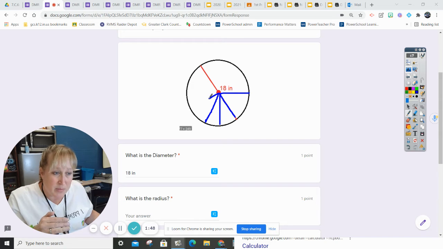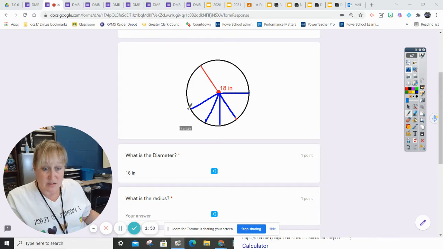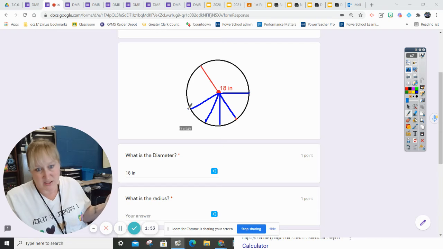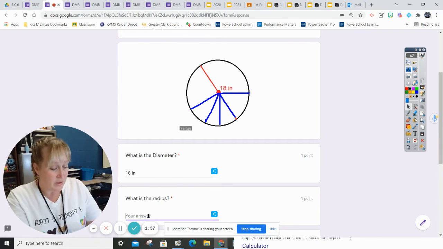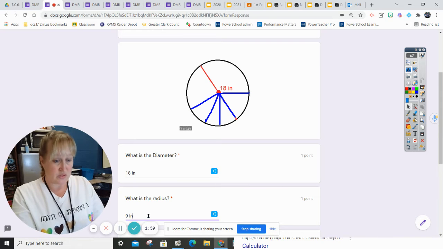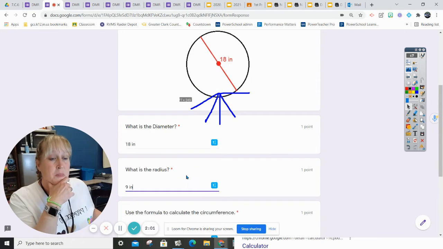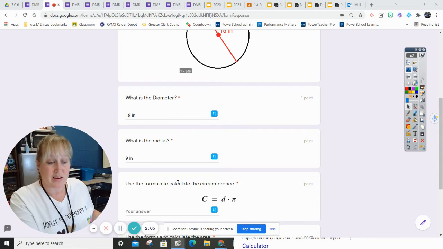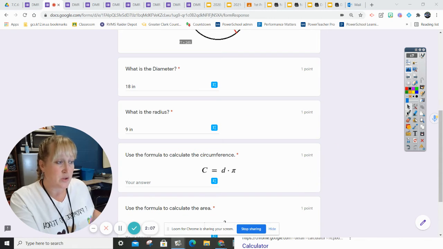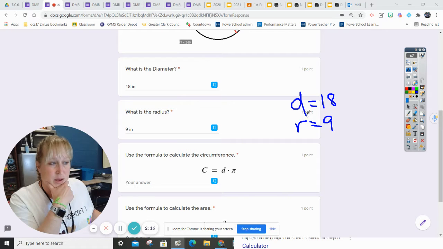So halfway means that 18 divided by 2, half of 18. Well, half of 18 is 9. I should be able to do that in my head, but if I can't, you can use your calculator. So 9 inches is the answer there. Now, the reason why I go through all of that is because you are now going to have to calculate this formula. So somewhere you want to make sure that you have written down diameter equals 18 and the radius equals 9. And why am I doing that? Because look,